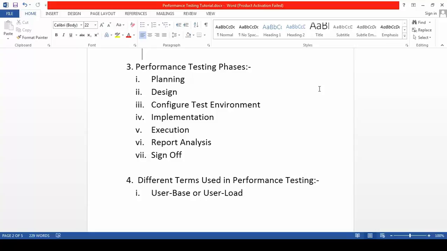Third phase is configuring the test environments. So in which environment are you going to perform your performance testing? Please always remember that the performance testing environment should always be a lookalike of your production environment.